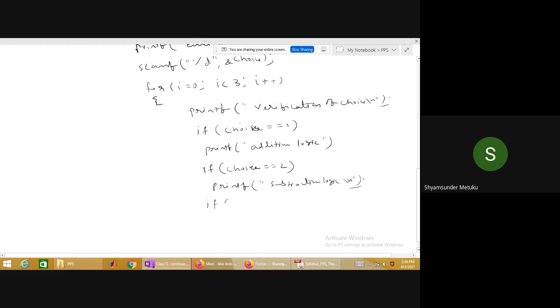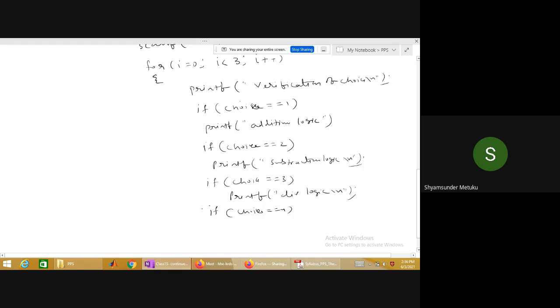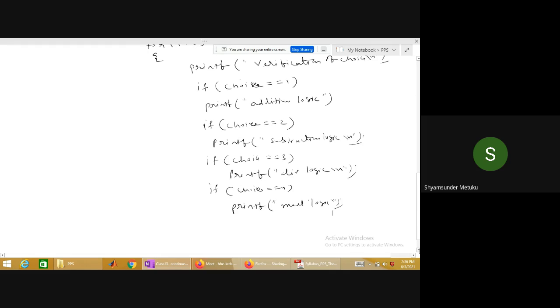If choice is equal to 3, printf division logic. If choice double equal to 4, printf, then it will come multiplication logic. We'll make it more meaningful.